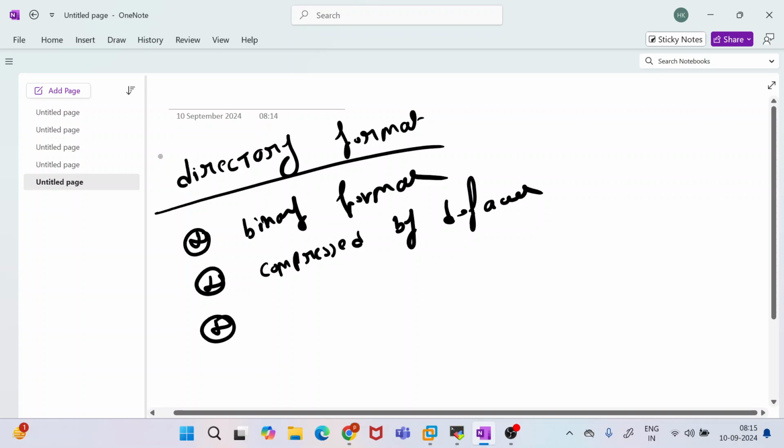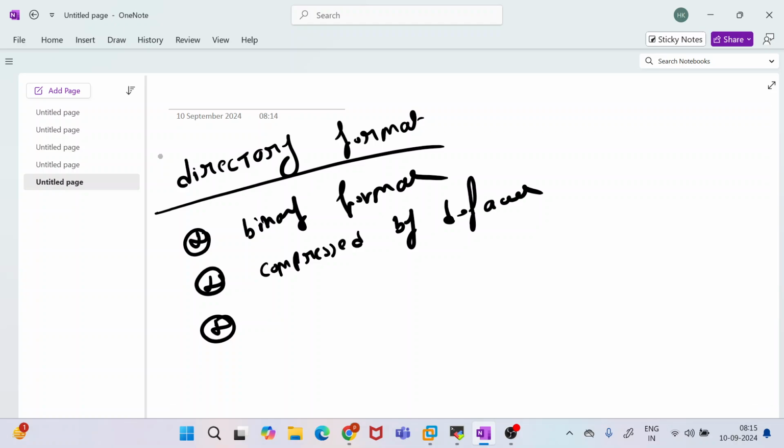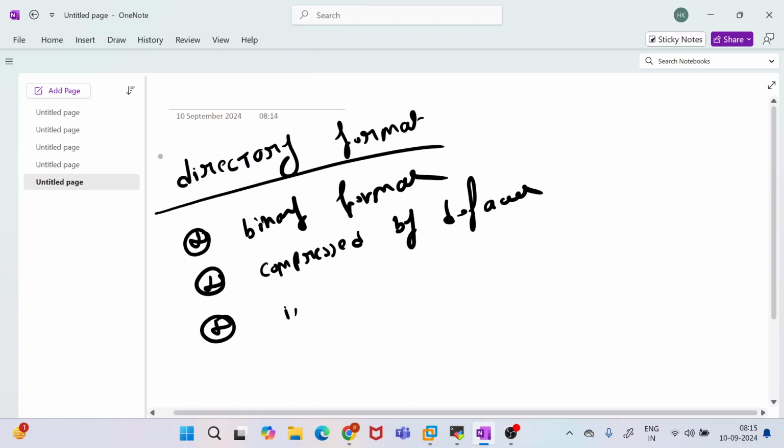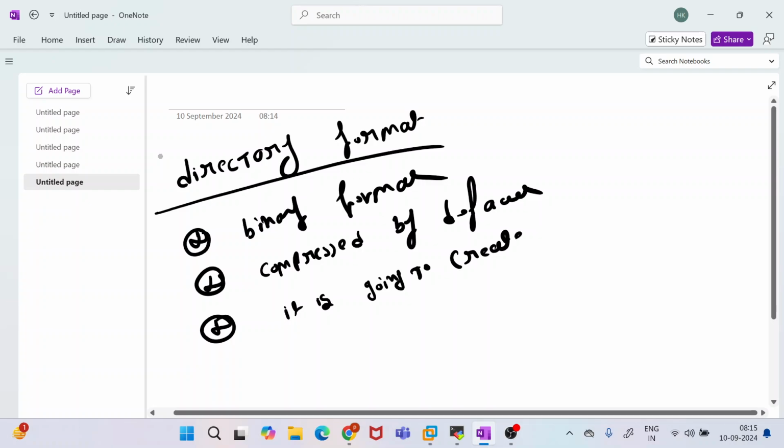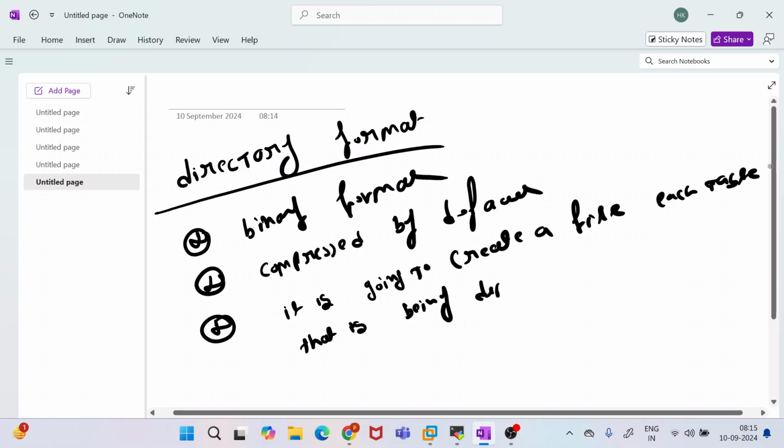And one more thing with the directory format is, it is going to create a file for each table that is being dumped. That is what we will be seeing in the directory format. And it is also going to create a file